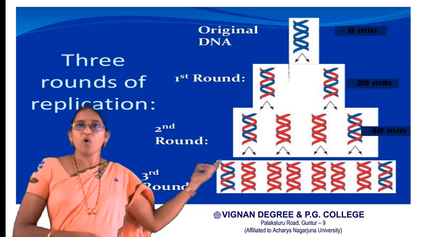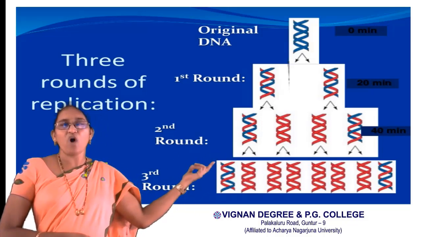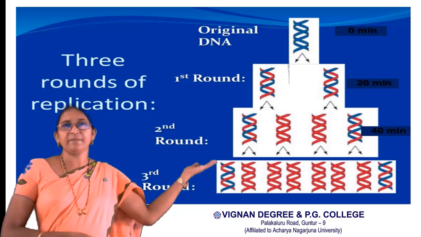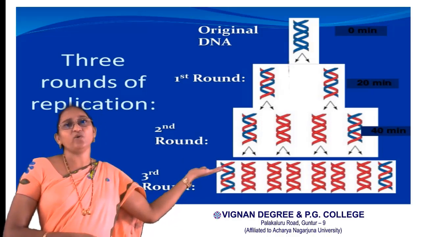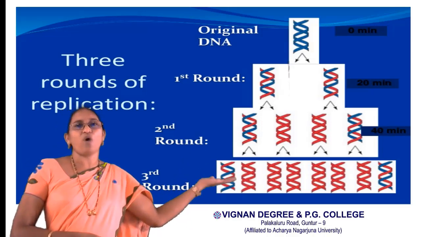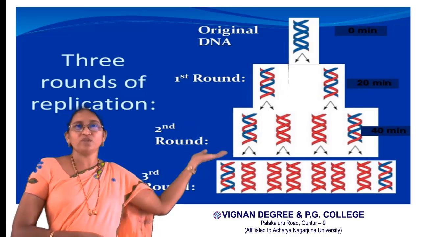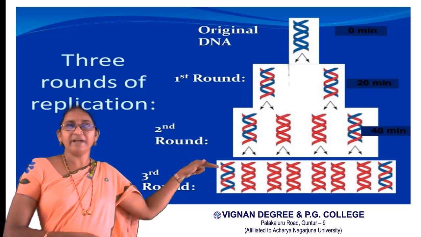Which one has more density? Hybrid DNAs have more density, so they form a band at the middle of the test tube, whereas the remaining 2 DNAs, which are shown in red color and are lighter, contain only N14 nitrogen, so they form a band at the top of the density gradient test tube. So here 2 bands can be observed in the second round, one band at the middle and another band